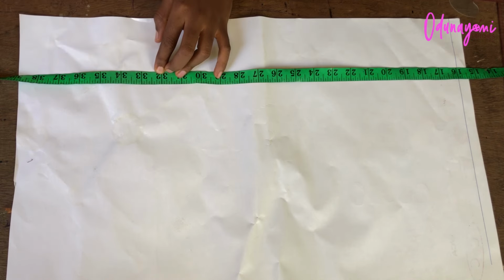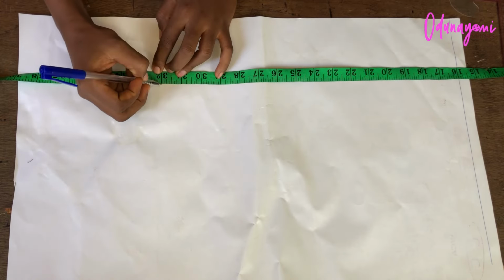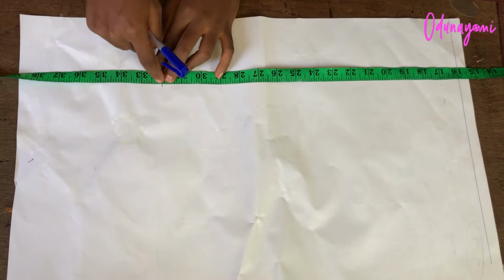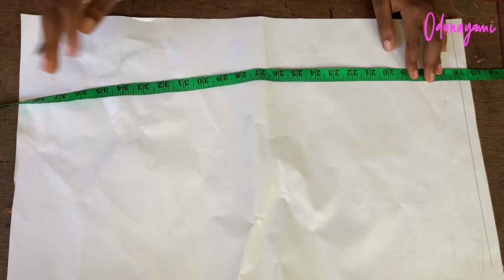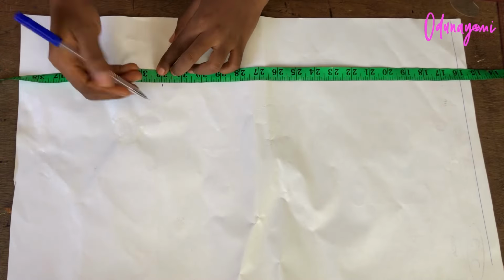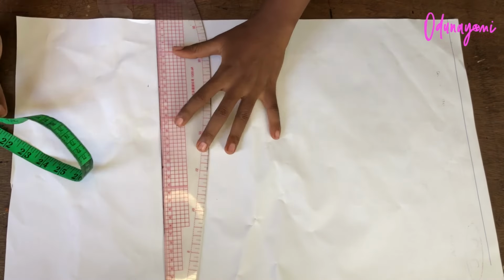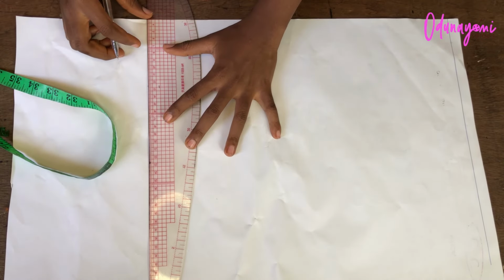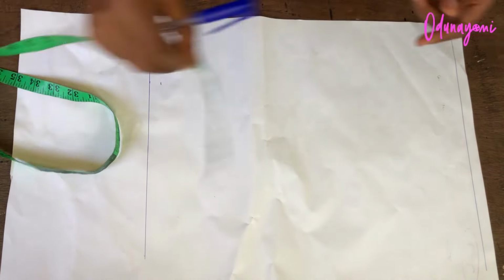So now I will locate my knee length, my gown length measurement, which is 38. So I'll go up by 5 or 6 depending on how I want it. Sometimes I go up by 5 or 6 inches. So it's from that point that there will be a slant that will be free. So for the upper part, it will be tight. So that's the part I'll just be drafting the pattern for. So just the tight area of the skirt part. So that's where I'm drafting